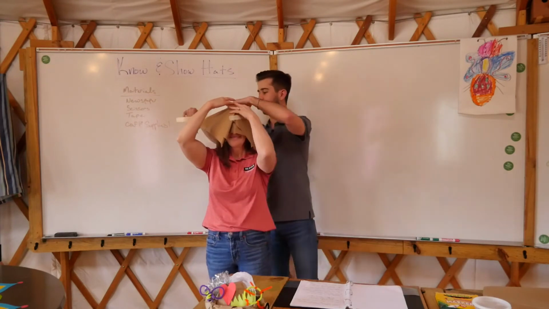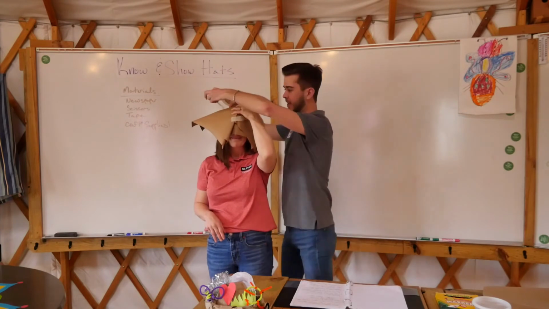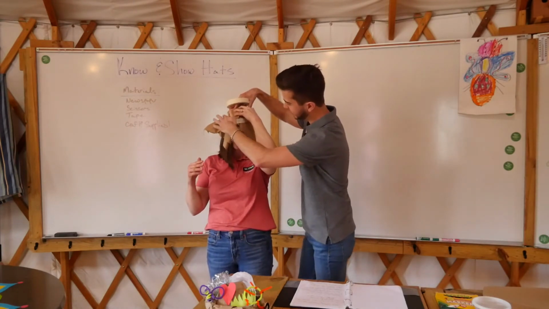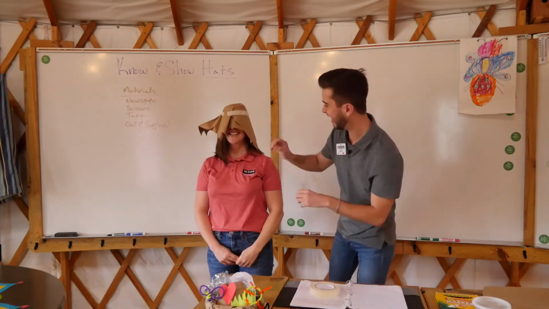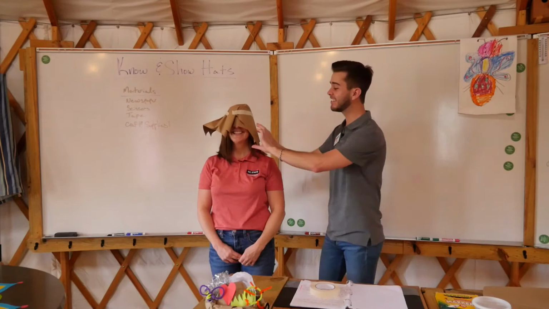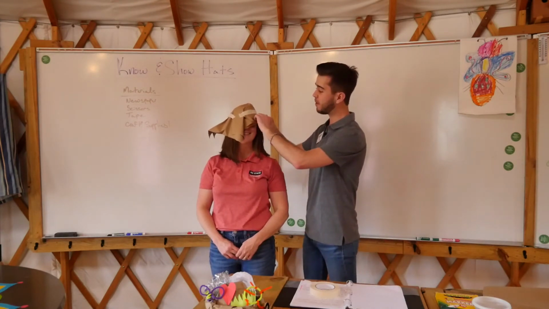Just like so. Is it on your head nice and tight, Liz? Yes. Good. Okay. And so what you're going to do now is take the corners and the edges of your paper and roll them up